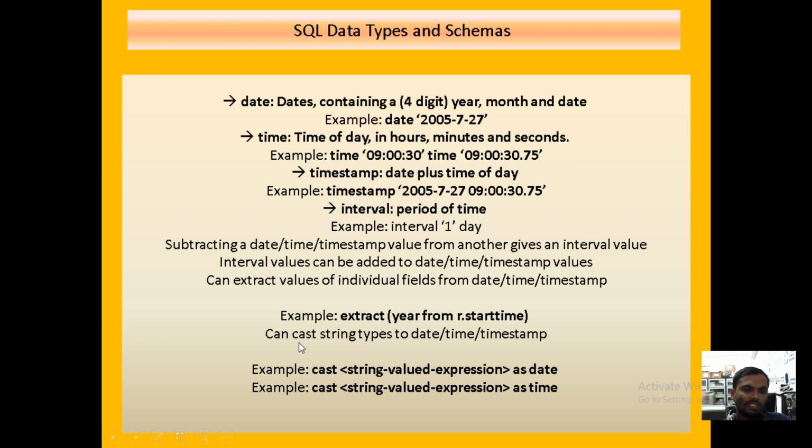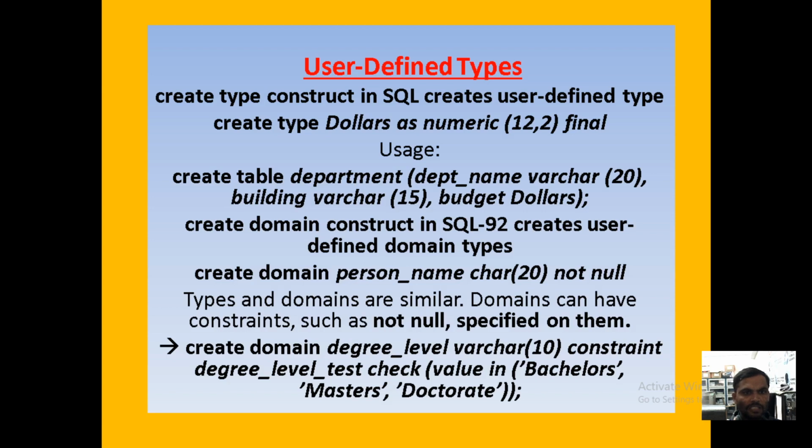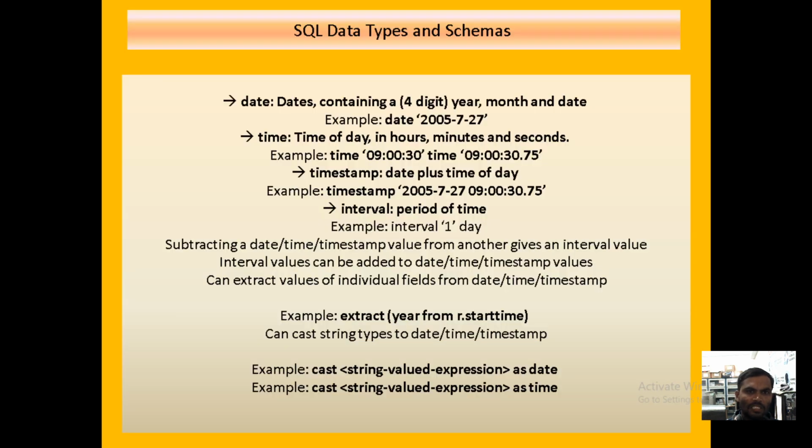We can use string as a data type. Under the string data type we can get the date, time and the timestamp. Now if you want to find out the cascading, it is also possible under the timestamp. Next, in SQL we can define user defined data types also. These are the derived or predefined data types.